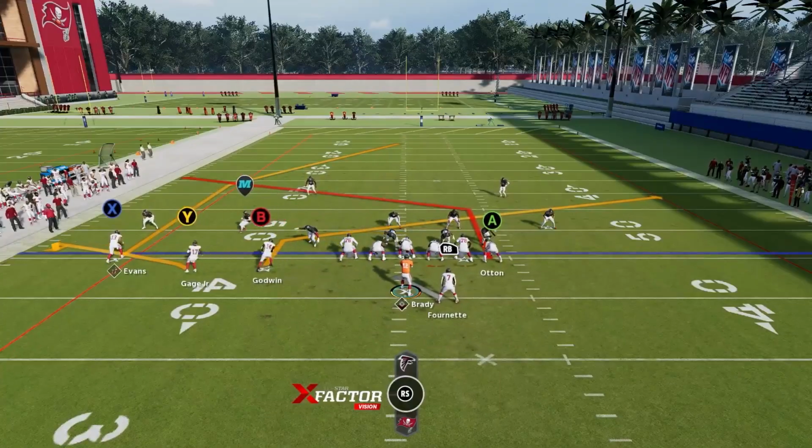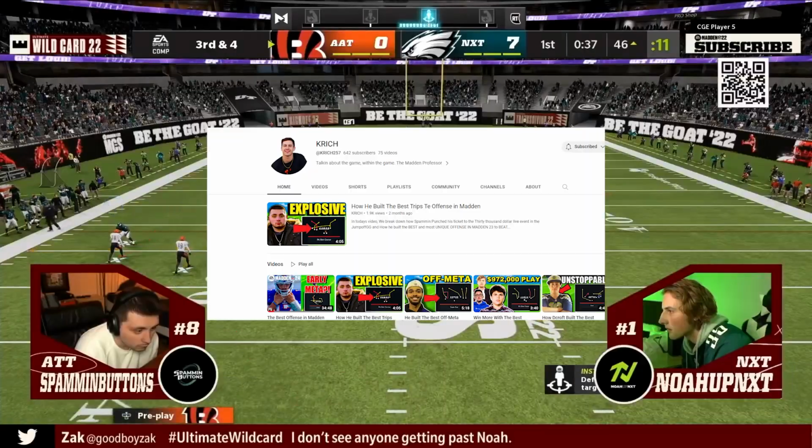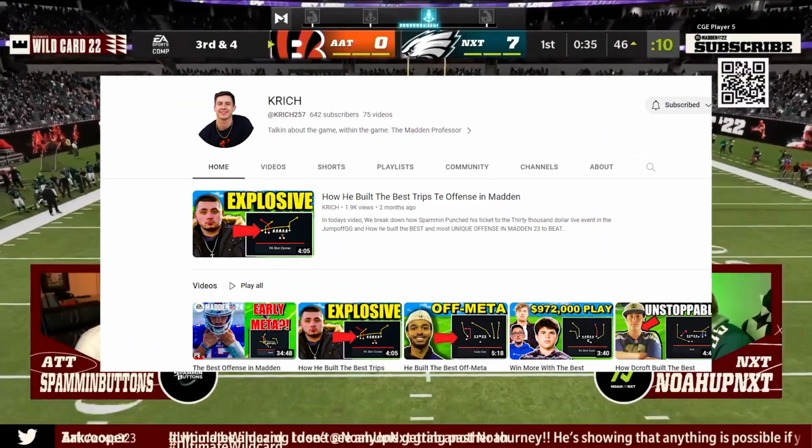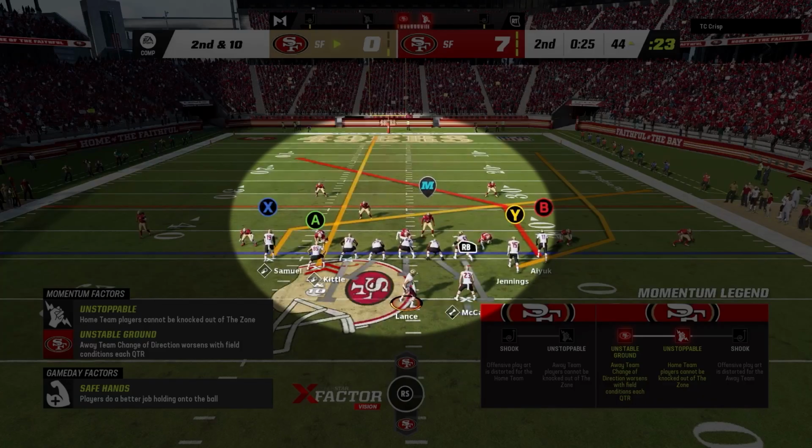The first passing concept is one of my personal favorites and is ran by many pro players on the circuit, but ran best by spamming buttons, which I break down in this video. So after this one, go take your Madden mind over there. It's the post-slant combo,